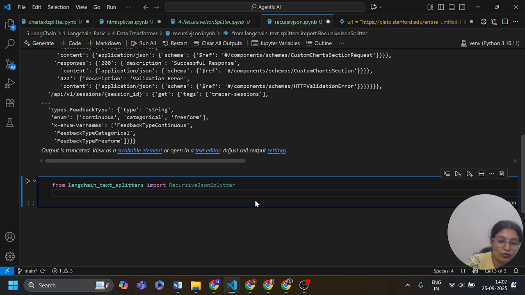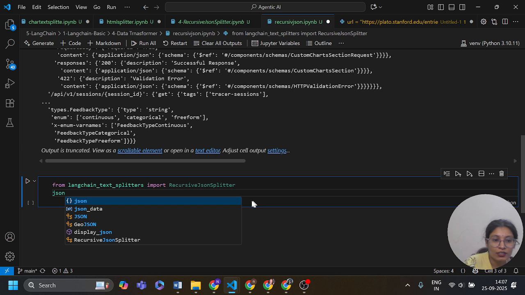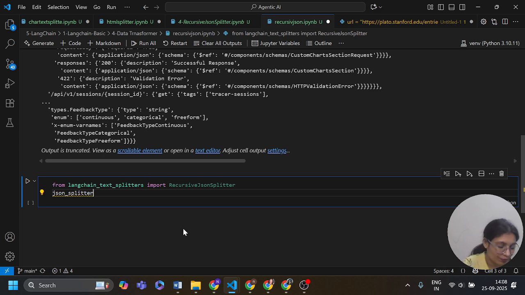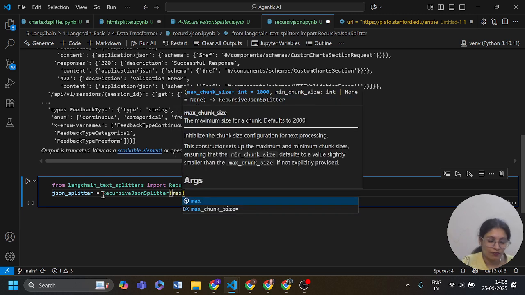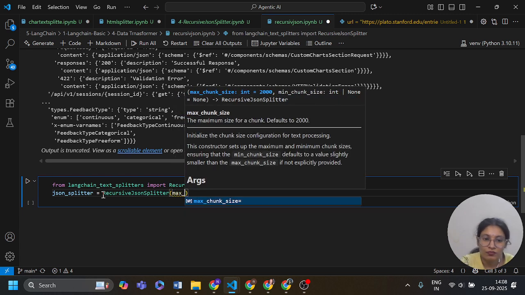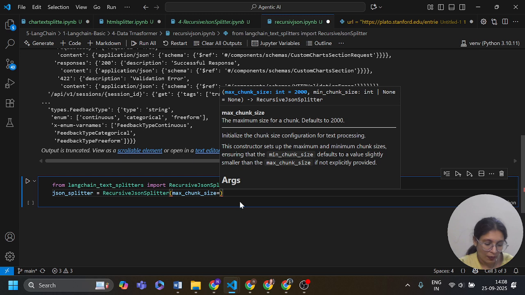JSON splitter equals recursive JSON splitter, max chunk size equals 300.